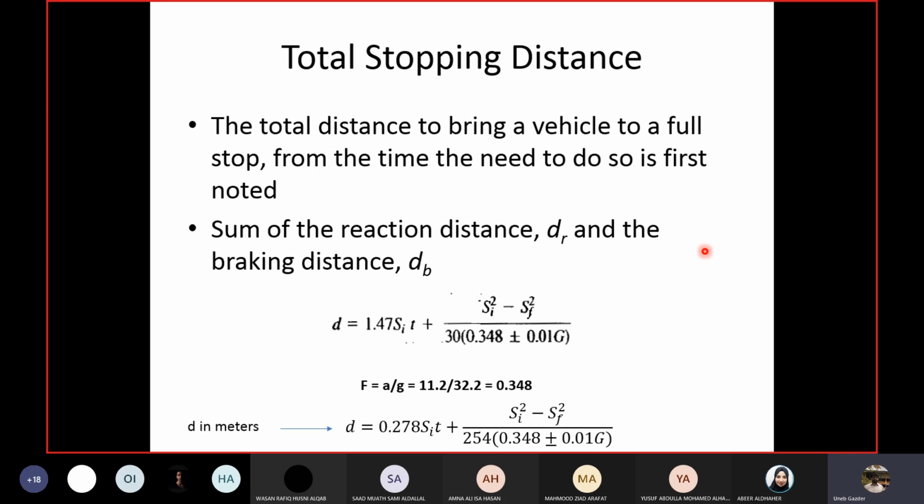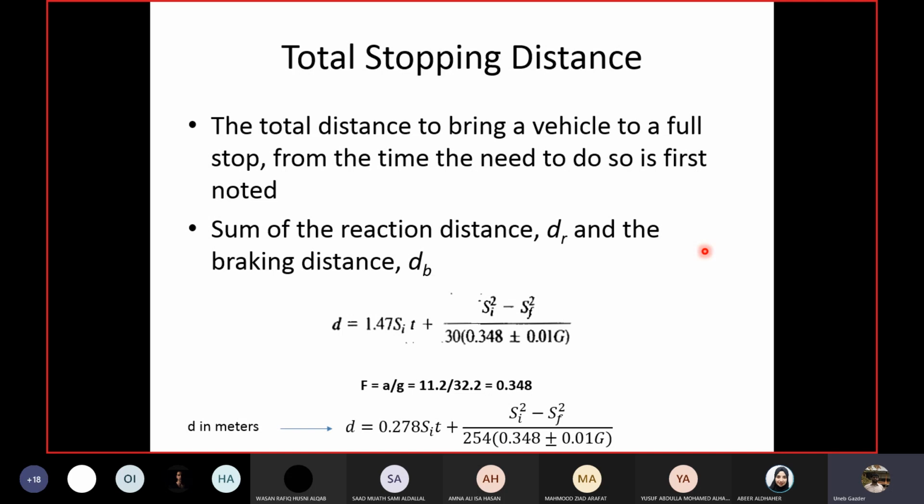When you see something and you are stopping, obviously you are braking. So braking distance is part of stopping distance. It's not the total stopping distance. Secondly, what else is in stopping distance? When you look at something, you process in your mind what you have to do. If it's a signal, you see what light of the signal is on and how much distance is between you and the signal, and you decide that you have to stop, and then you put your foot on the brake.